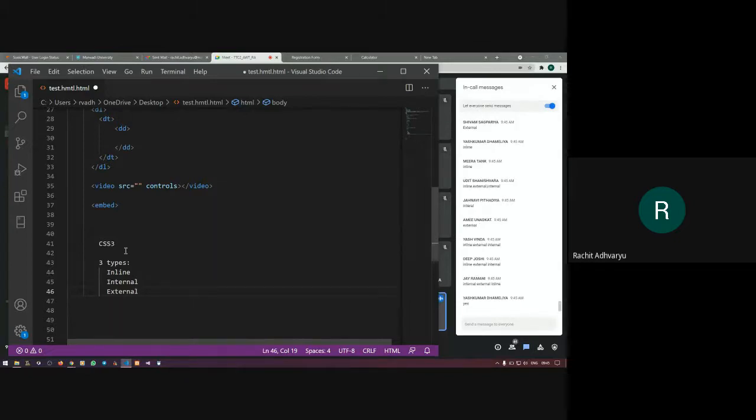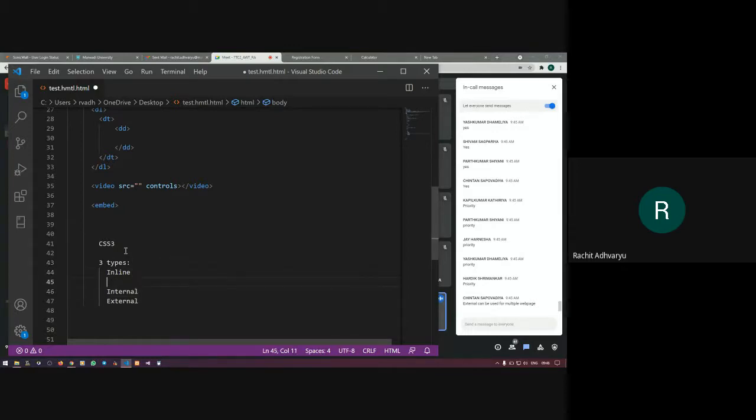Other than the linkage, other than linking external CSS to an HTML page, do we have any difference between internal and external? Very good. The priority. Okay. Very good. So external can be used for multiple web pages. You just need to define the different types of styling, and such styling can be directly used in every other web page. Right.